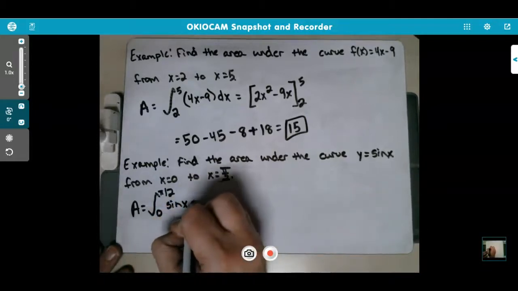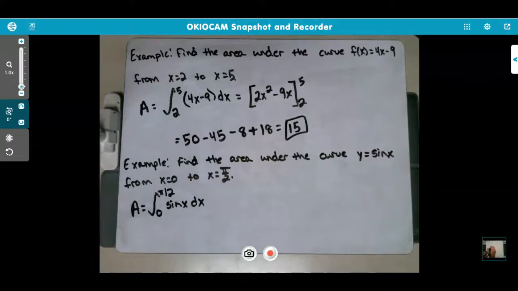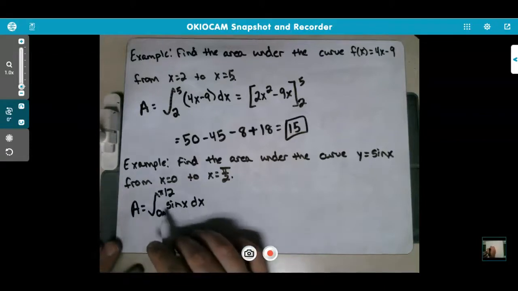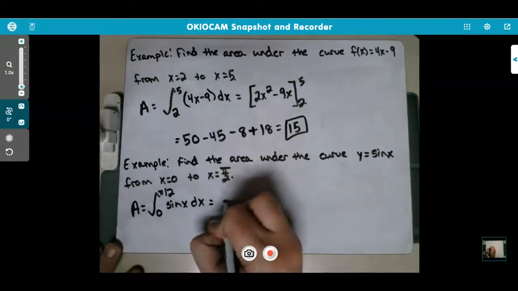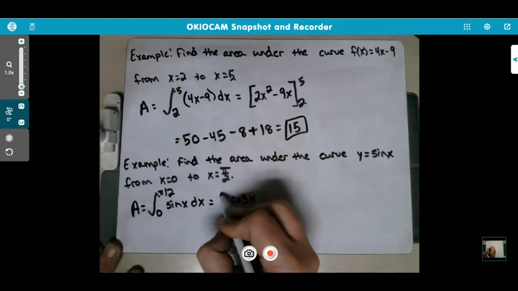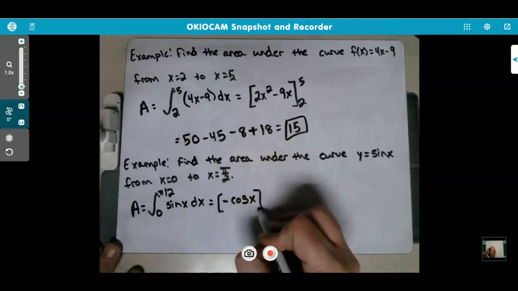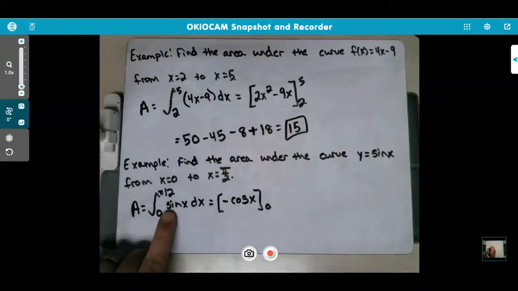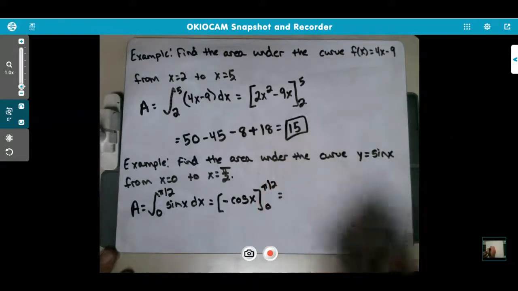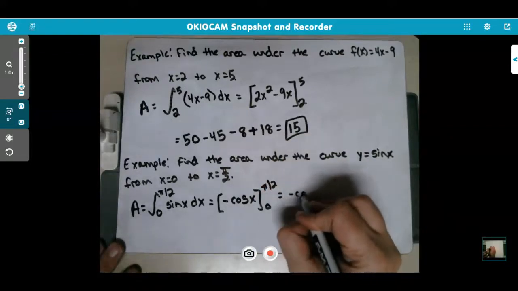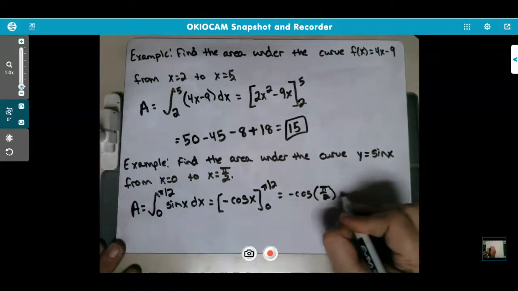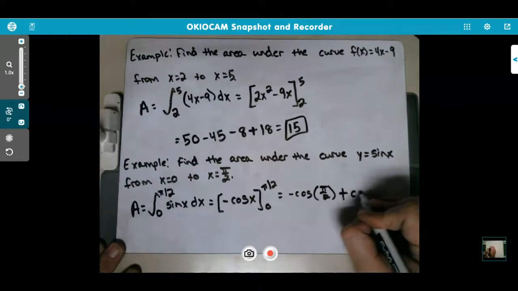So I need to find the antiderivative of sine of x. Well, I know the derivative of cosine is equal to negative sine. So since this is positive sine, we know it's going to be negative cosine. Again, because the derivative of cosine is equal to negative sine. So since this is positive, it's got to be negative. From 0 to pi over 2. Plug in pi over 2, negative cosine of pi over 2. Subtract, which would make it a plus. Plug in the